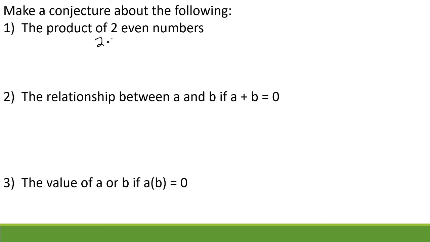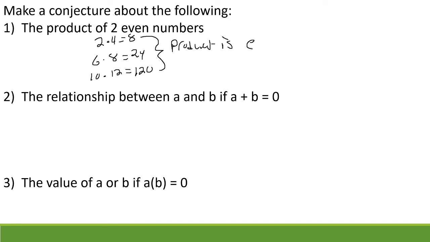So 2 times 4, that's two even numbers. 6 times 8 is two even numbers. 10 times 12, that's two even numbers. So here we get 8, here we get 24, here we get 120. So what's a conjecture we can make here? Well, once again, we can see that all our answers are even. So one conjecture we can make is that the product